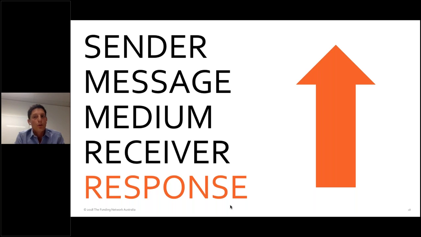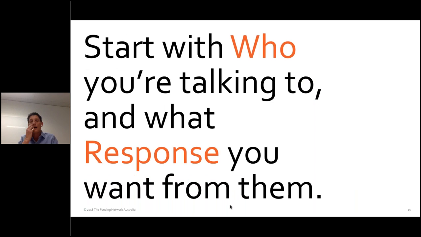Don't put "I" and what you need to say as the priority. Put what you want to achieve and who it is that you're talking to as the priority. So again, it's another one of those great tricks that, because it takes you out of the picture, it can remove a lot of that nervousness and lack of confidence that you have about knowing what to say. You start by focusing on what response do I want from the people who I'm talking to, and who it is exactly that I'm going to talk to.